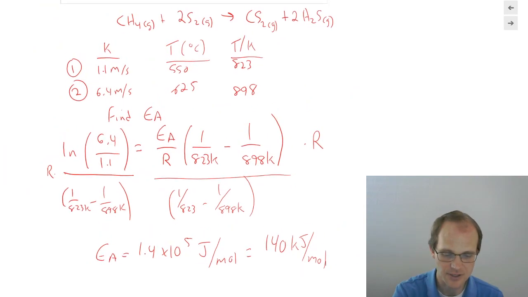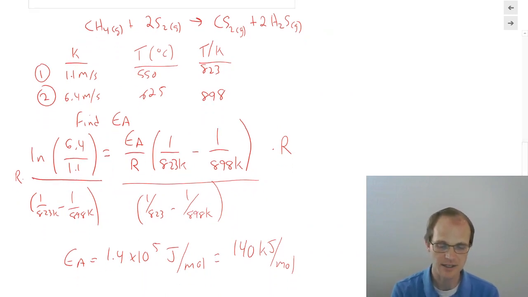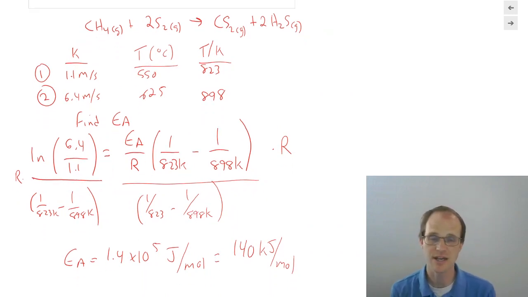Okay, so now we know how to use the 2-point Arrhenius equation in order to calculate activation energy. Or you could use it to calculate a temperature. You could use it to calculate a K if you had all the other data. So that was our talk about the Arrhenius equation, a great way of relating rate constant to activation energy and temperature mathematically. Thanks.